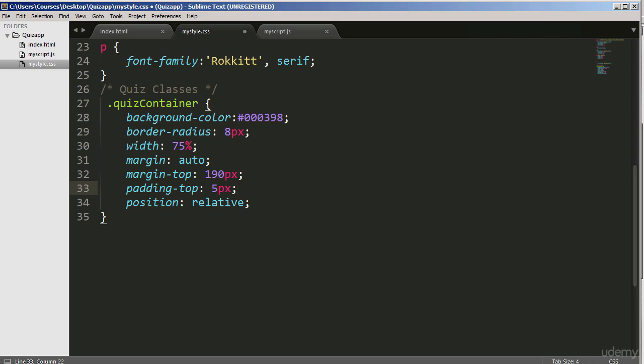Line 31 is the margin. I've set it to auto, which means it will automatically center the quiz container. Okay, auto means it will center it on the page. That's what it means. Margin from the top, that means from the top I want it to move down 190